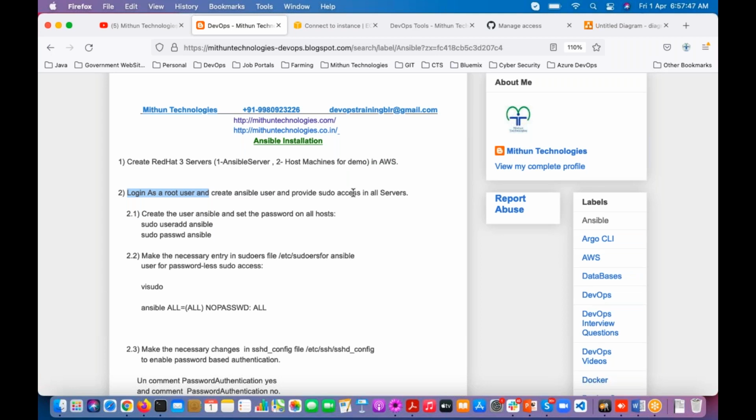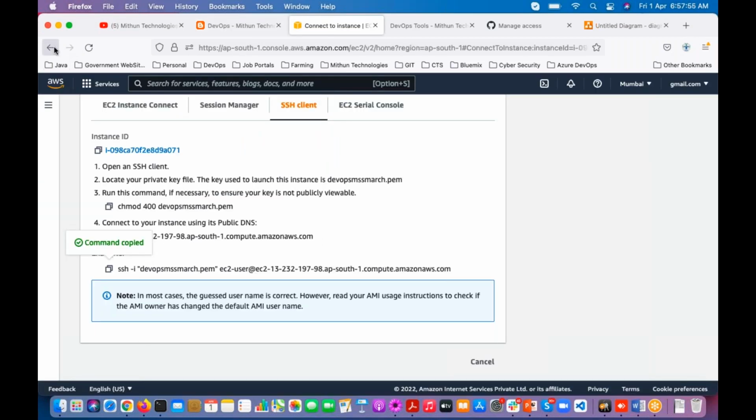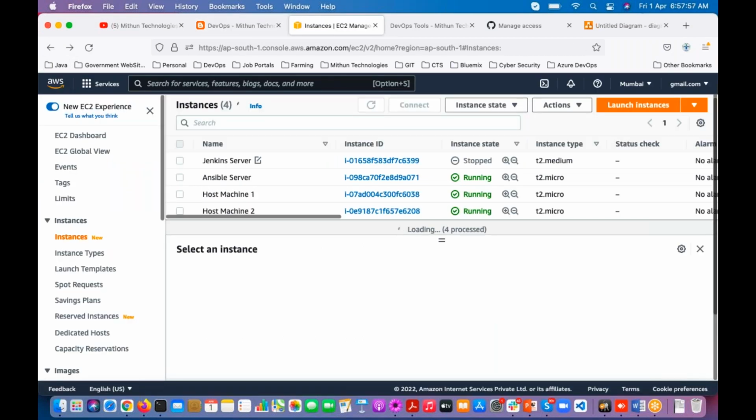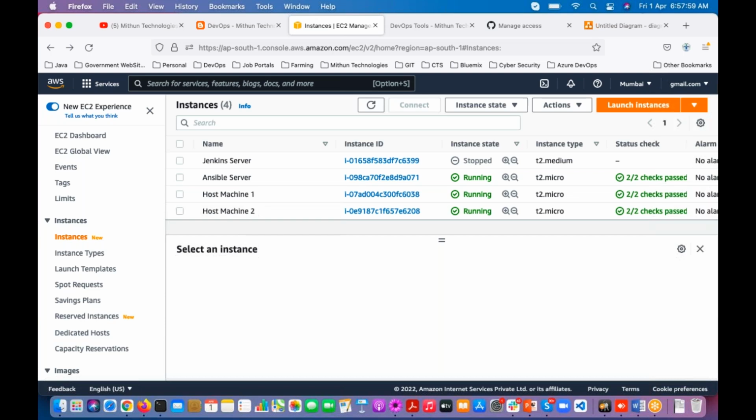Kaveri is asking, sir, after completion of Jenkins, we can delete unnecessary servers, right? There is no problem. Yes, that is what I did, madam. I have deleted all the servers except Jenkins. If any questions come up in Jenkins, people are going to ask, so to perform those things I'm using this Jenkins. That's why I'm keeping this Jenkins. Otherwise, I could remove this one also.